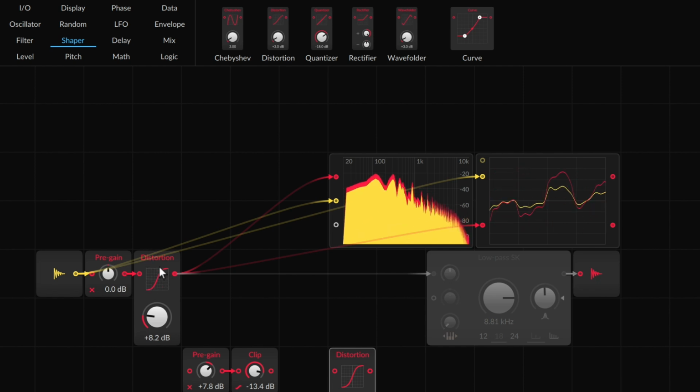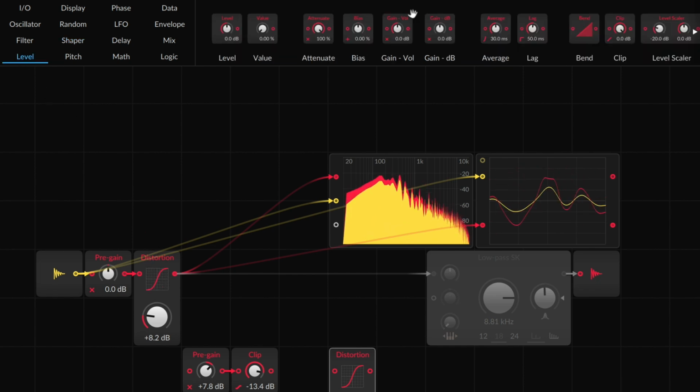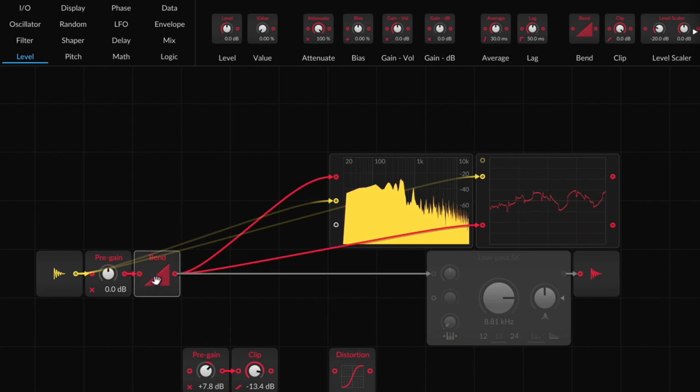And now that we're thinking about curves on here, let me go back to the level category for a moment and bring in bend. Now, what's interesting about bend is it is letting you define that curve on your own, whether it's going in the distortion direction or the opposite direction. So now, a bit opposite to the way distortion is showing us, quieter signals are staying quiet for longer, and then only the extremely loud signals are peeking through. And playing with pregain might get us something a little metallic and chirpy and fun. That's interesting. Go ahead and collect that.